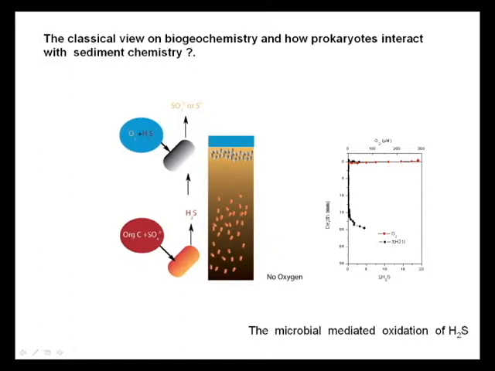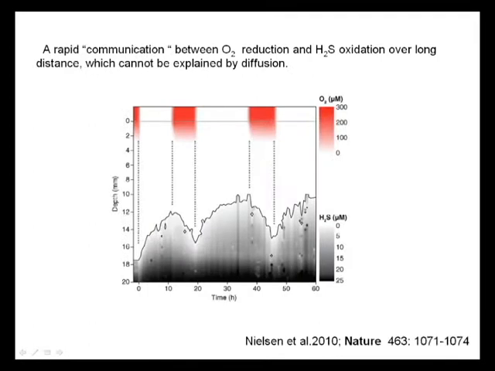And it gets a bit more wild if you start to play around with the oxygen. This is shown in this figure, where we have recorded oxygen and sulfide during 60 hours, and every 6 hours we have changed the oxygen conditions. In the initial phase, we have a separation of oxygen and sulfide of about 15 millimeters. Then we turn off the oxygen, and you can see immediately a response in the sulfide. Sulfide starts to increase. When we turn on the oxygen again, sulfide starts to decrease. And this happens so fast that it cannot be explained by diffusion or any other known mechanism.